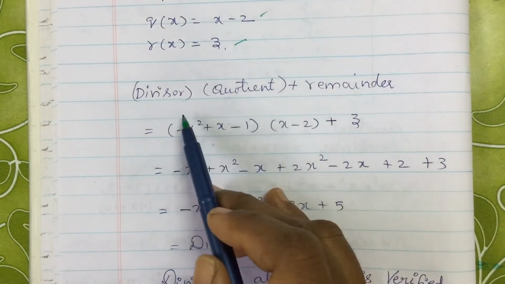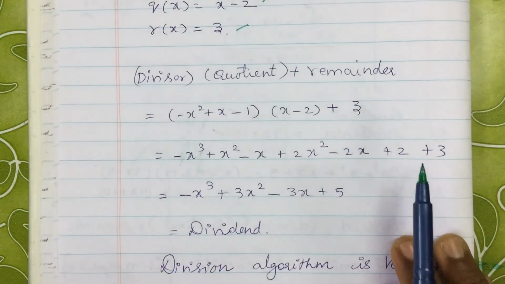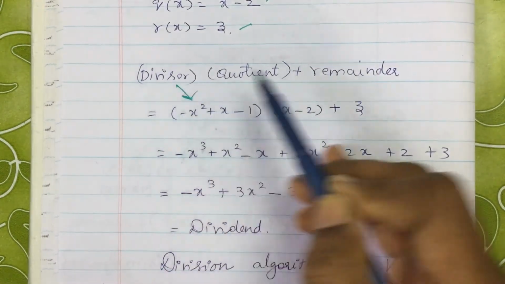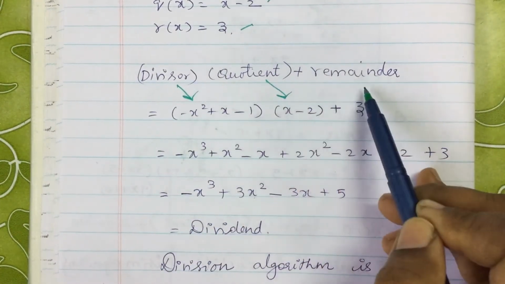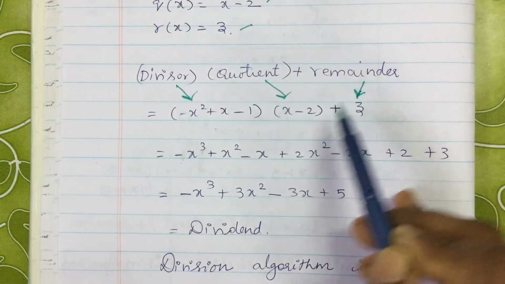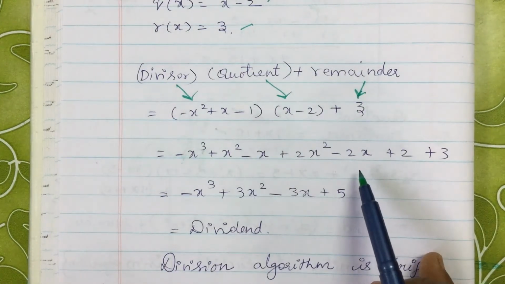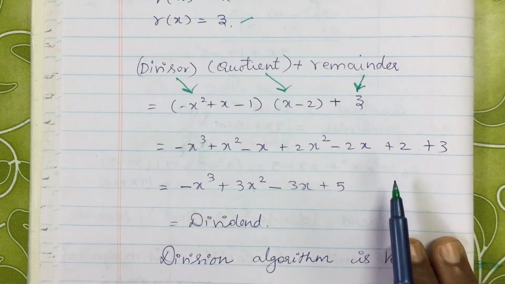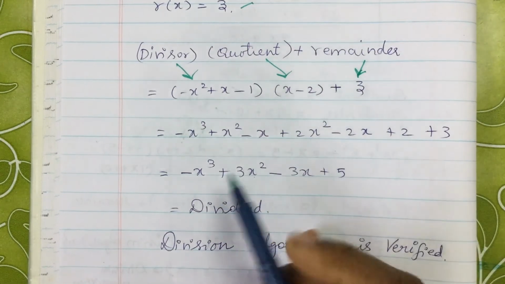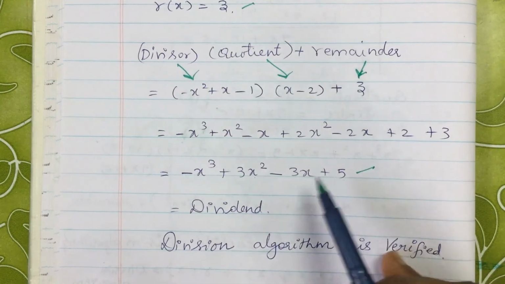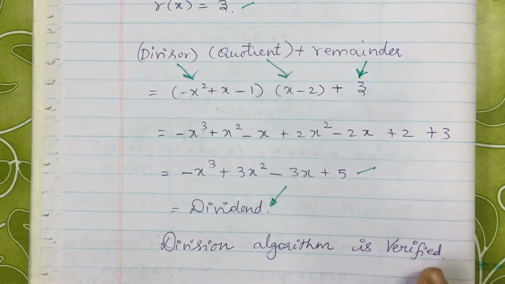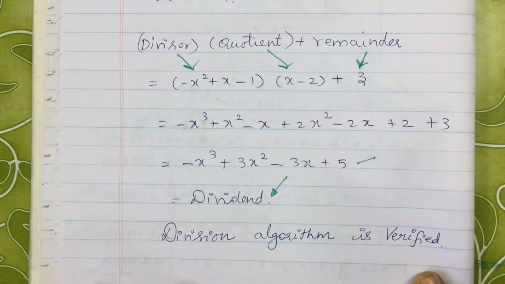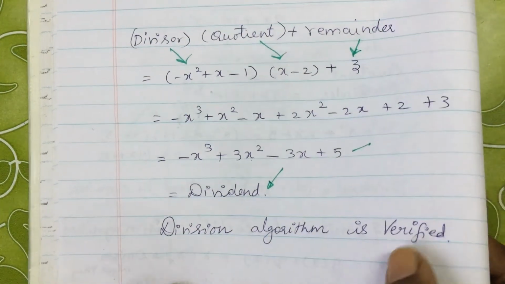Okay, so I have taken the left hand side as this, then I have substituted my divisor, my quotient and the remainder. Okay, after performing regular multiplication procedures, I have ended with these terms. So this is nothing but the dividend. So the division algorithm is verified. Okay,